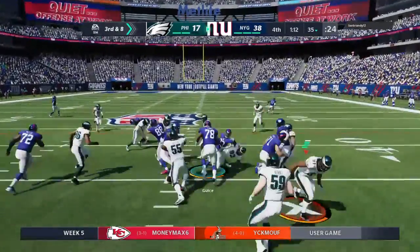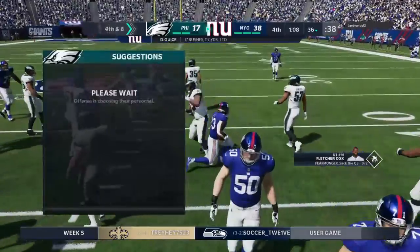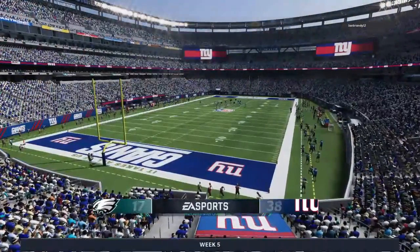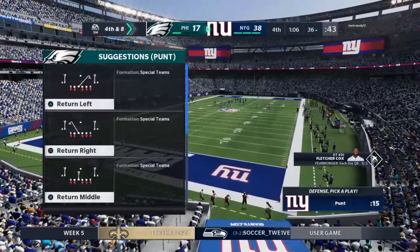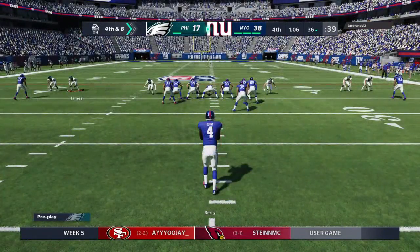On the draw, they go to Geis. And he maybe makes it back to the line of scrimmage. That's it. No gain there on the play, and that's going to leave him with a 4th down. Now the Eagles will use the second of their timeouts as the clock will stop with 1:06 left to go